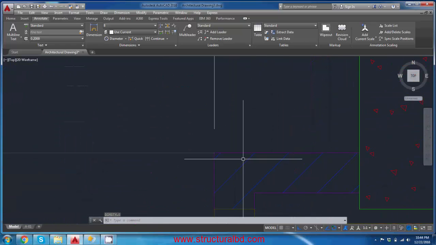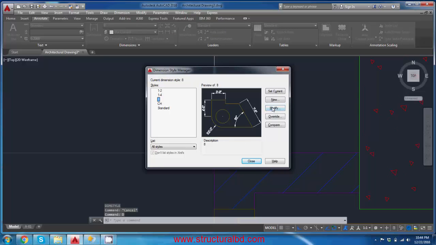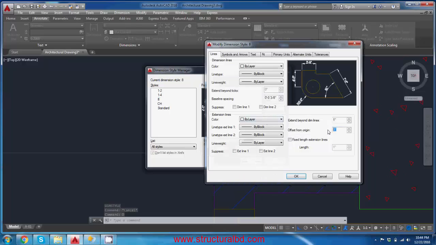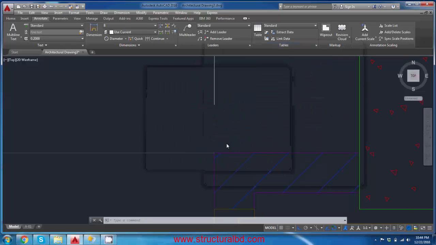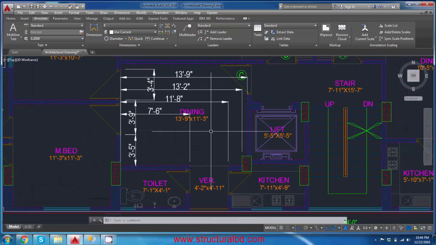You can also change the space between this snapping point and this line. Go to Dimension Style Manager, modify, and you can change this one. Say I want 6, and OK, close. Now the space has increased. This way you can edit, and there is also